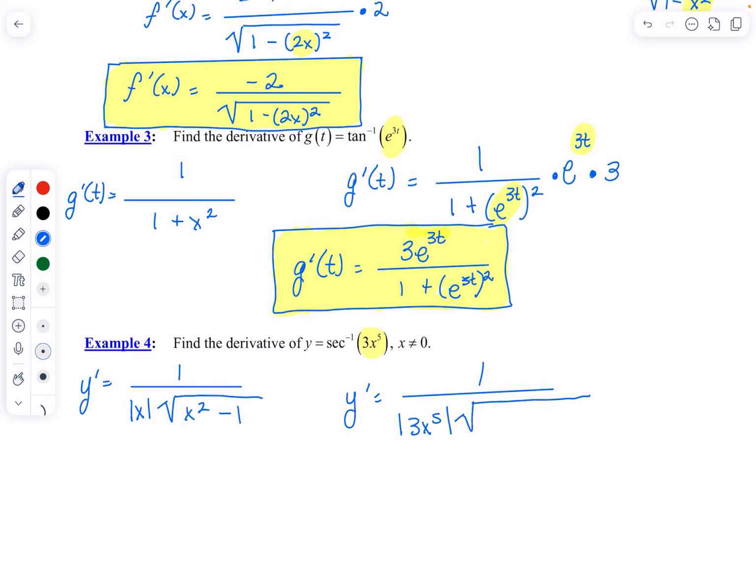And then instead of writing x, I'm going to write 3x to the 5th. I'm going to square that, minus 1. Now I have to use the chain rule and take the derivative of that, which is going to be 3 times 5, which is 15x to the 4th. So the derivative looks like